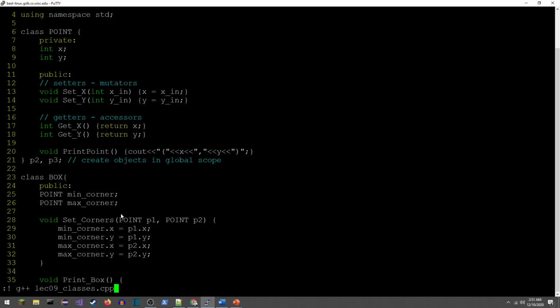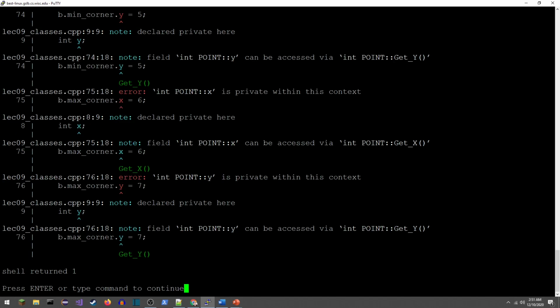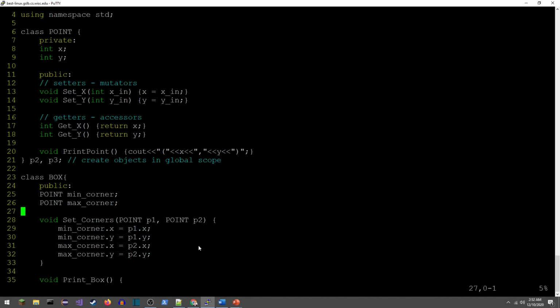There should be a lot of error messages. Lots of them. Yep. Can only be accessed via get point. All right. Is private within this context. Can only be accessed. Is private within this context. Okay, so all kinds of errors like that. So let me go ahead and I'm going to leave this public. Whoops. But